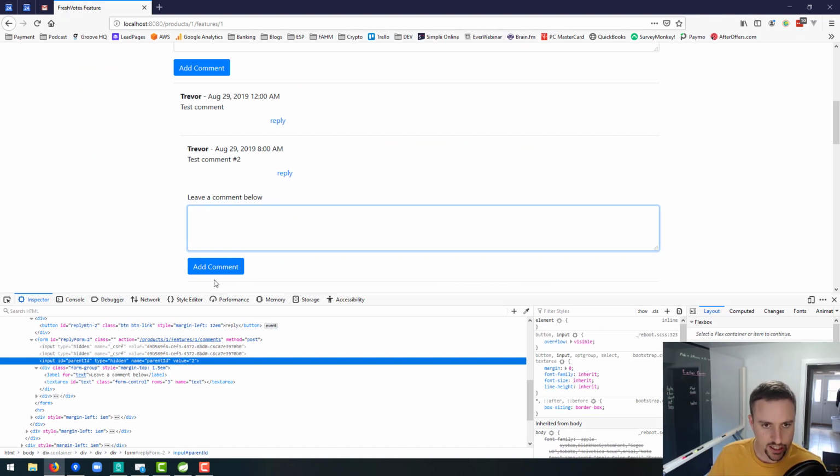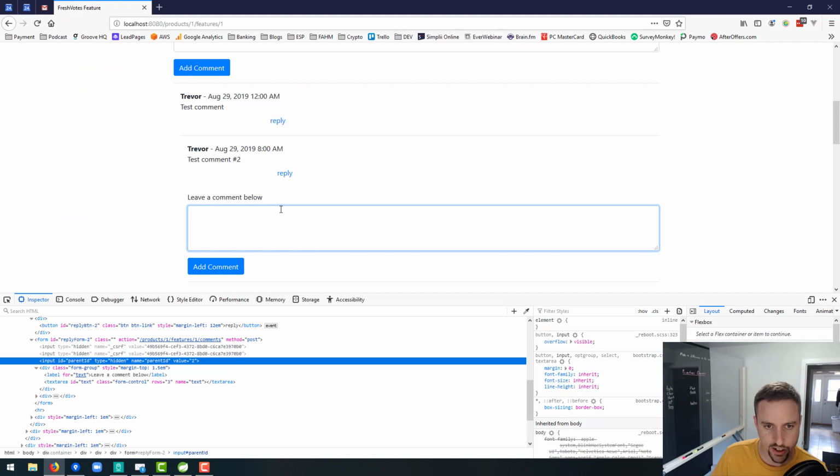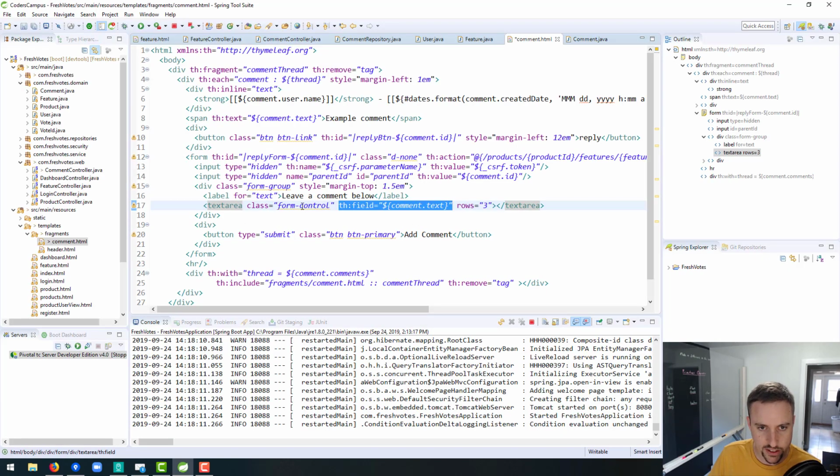What I'm realizing on top of this, so not only is this wrong in that comment.text is not the correct thing to use, but also I realized this problem that we're using the wrong thing here wasn't displaying itself here. We weren't seeing it as being the problem because I think that it doesn't work for text fields or text areas. Sorry, I don't think th:field works on a text area,